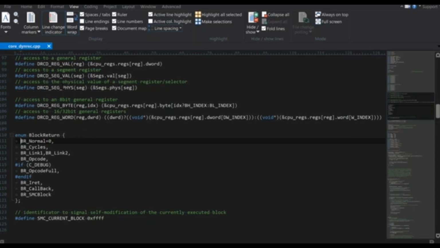So things that add or remove visual elements to the editor, like column markers, the line change indicator when you make changes, and it shows over here in the gutter, the change lines. Spaces tabs, the ruler, line numbers, active line highlighting, all of that stuff you can find in the View tab and toggle it there. We also have the hide and show lines for code folding, and then some additional stuff